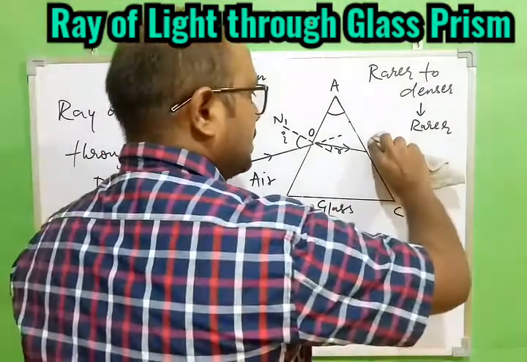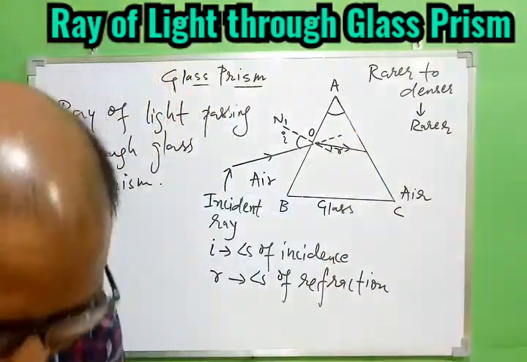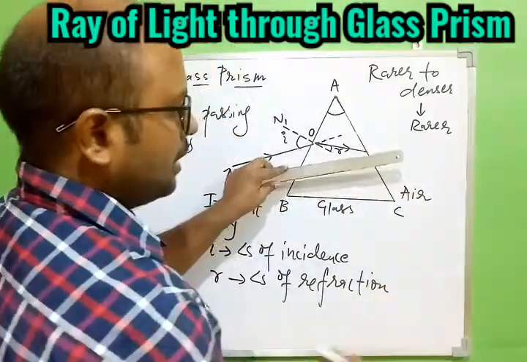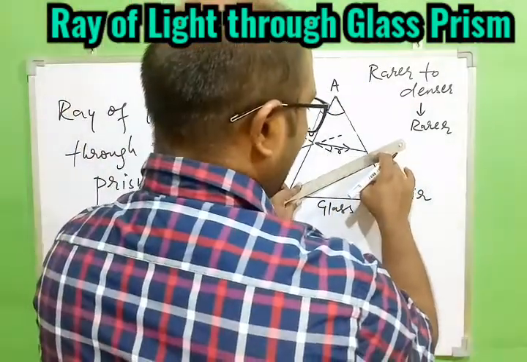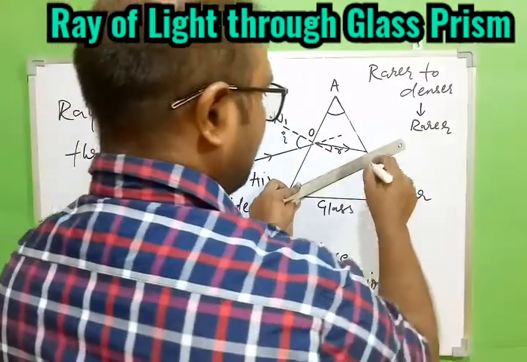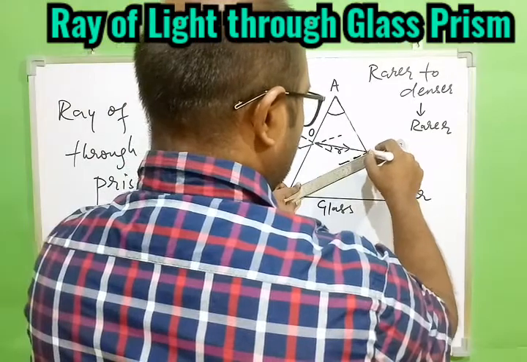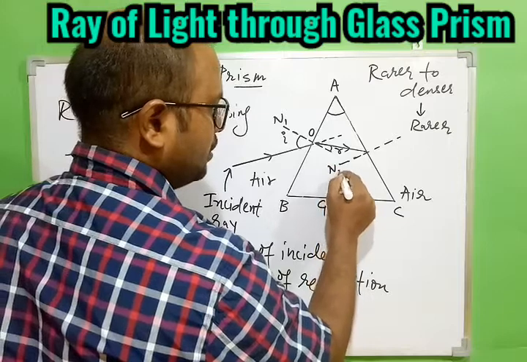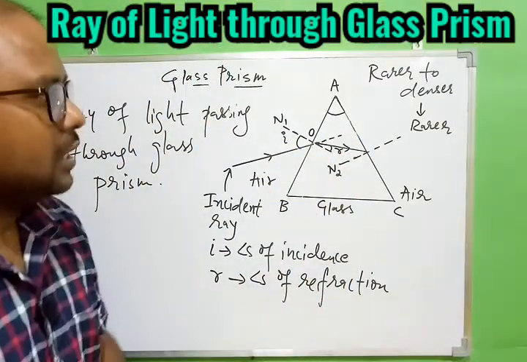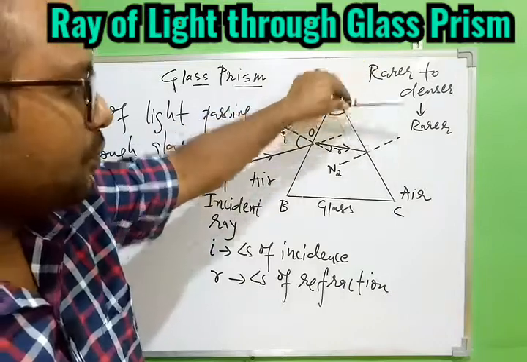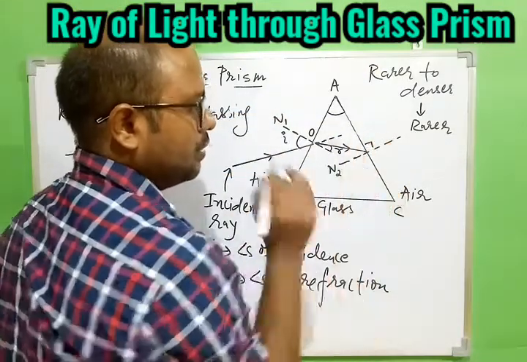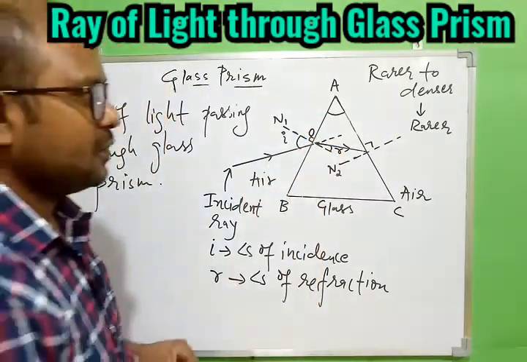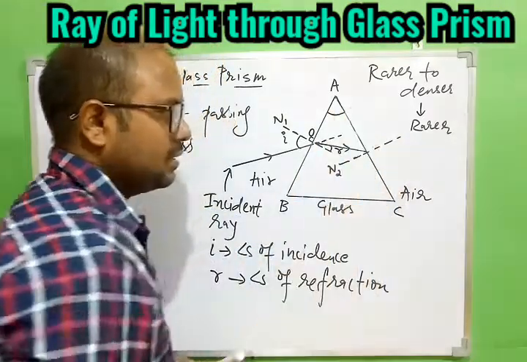It is the same concept we have already done in the previous chapter. For this surface we have to draw the normal perpendicular to AC, so with AC the normal will be something like this. This is very important, to understand the normal itself. So this is my normal 2, which is perpendicular to the other surface. This is my 90 degrees, and here this was my 90 degrees, which I have not drawn. I hope you are able to understand. No need to draw because we know this is 90 degrees.